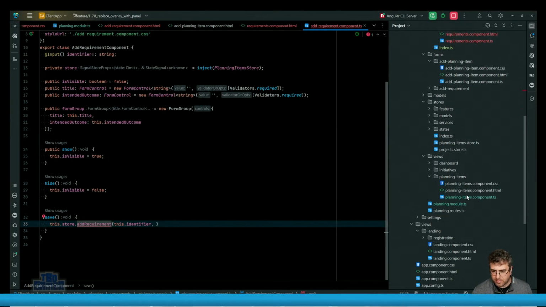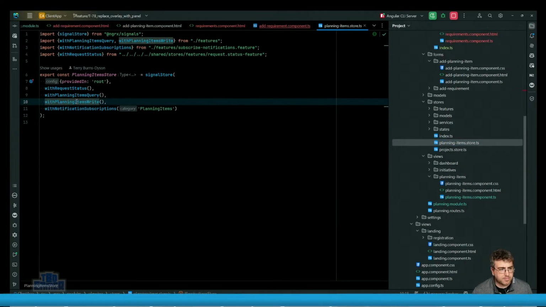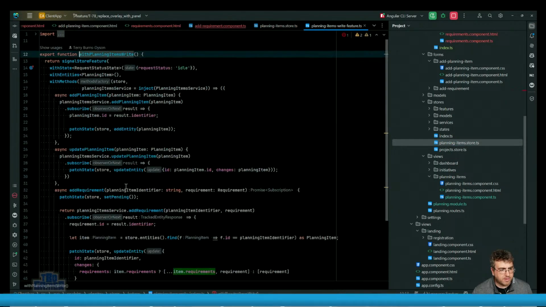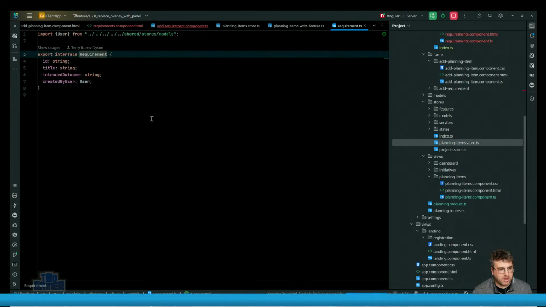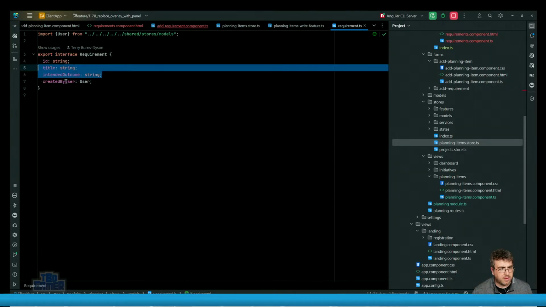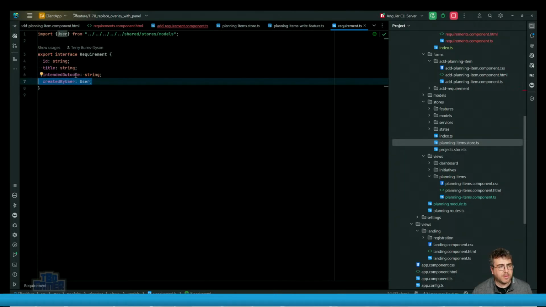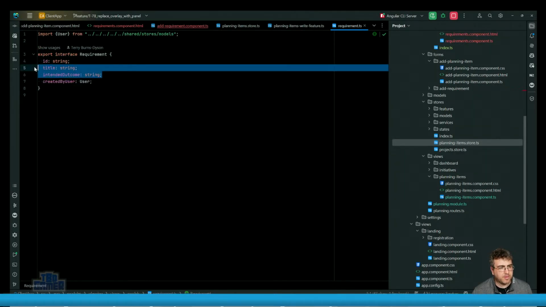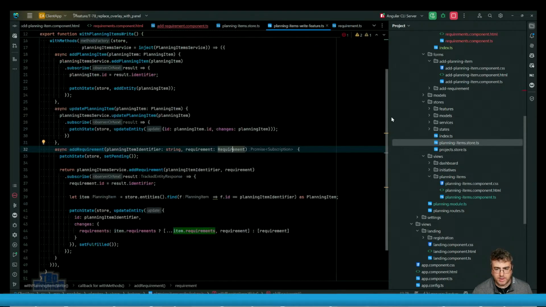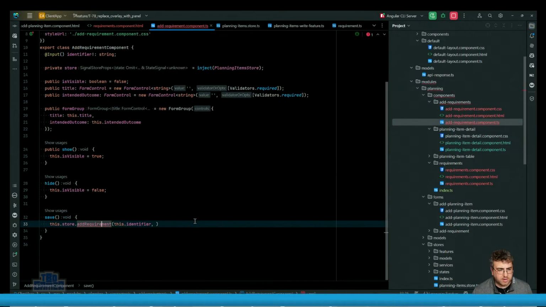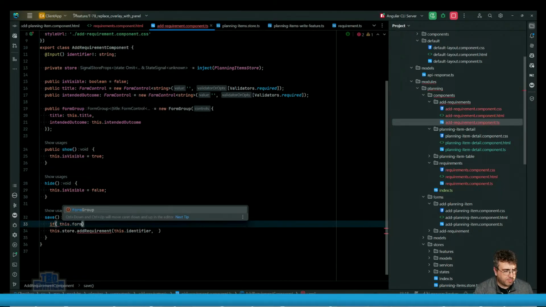So this store, planning items, add requirement takes a requirement, which is... that's coming down though. That's not coming up. So title and intended outcome is what I need. So in here, what I do is say, well, first, if this dot